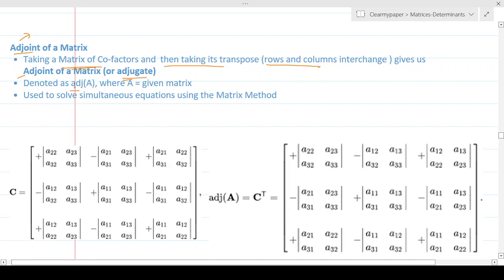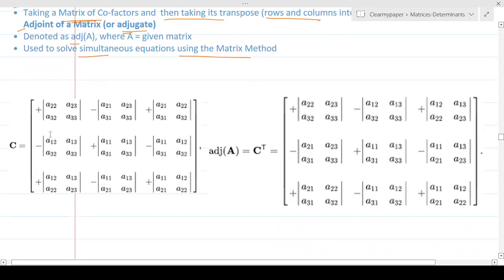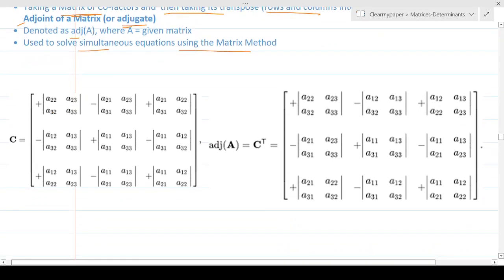So that's what it is, and it is powerful because it is used extensively in solving simultaneous equations using the matrix method, which is one of the important methods. When we go to the last episode or last few episodes of this syllabus, you will know that adjoint of a matrix is being used to find inverse, and then inverse is being used to solve this equation. So we'll come to that, but let's take one thing at a time. So what is adjoint of a matrix?